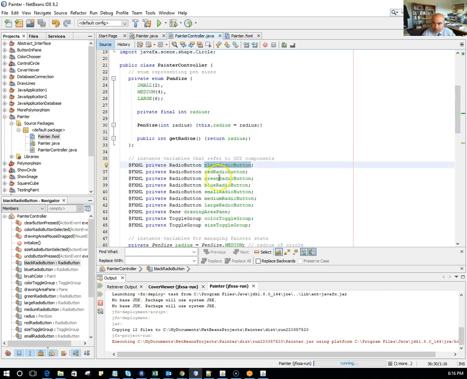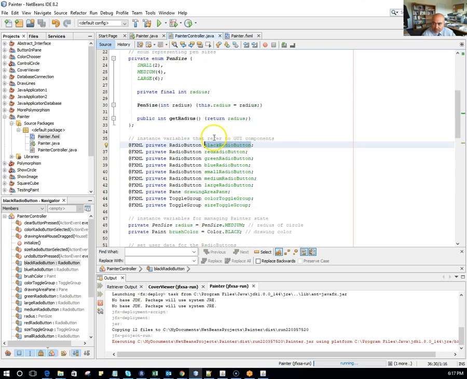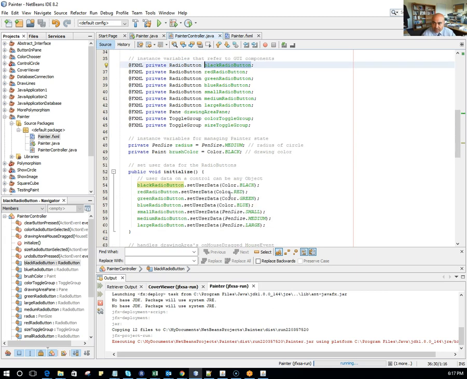So when you're writing your painter controller, these are small, medium, large, which are my enum that I just created, and then I'm using these private FX IDs and associating those IDs with my color. So here is my black, red, green, blue, and then for your pen size, these are my small